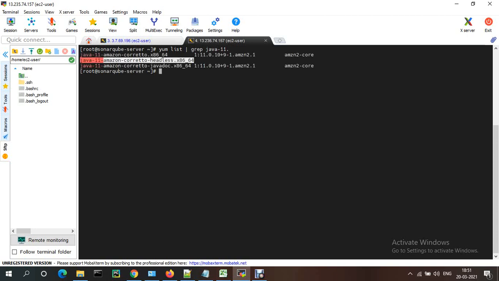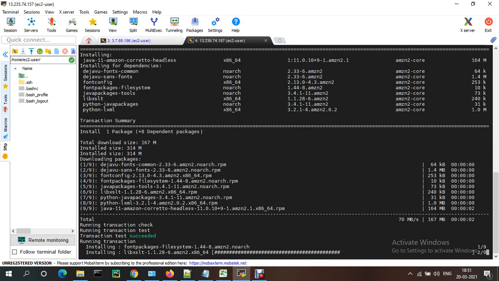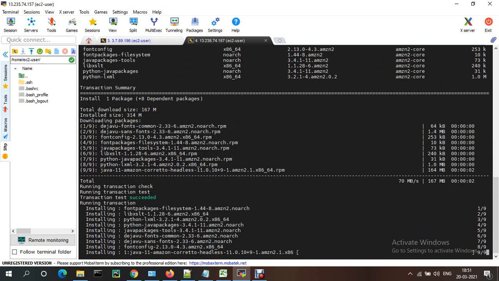I'm installing this one. The package is already available, and the repo is already available, so it will be downloaded and installed from there.